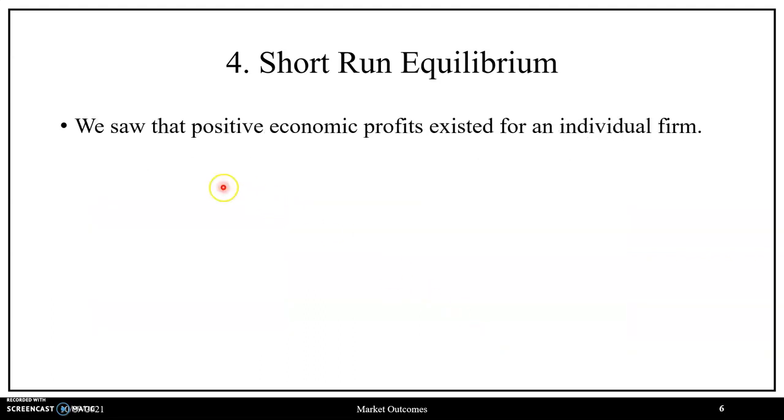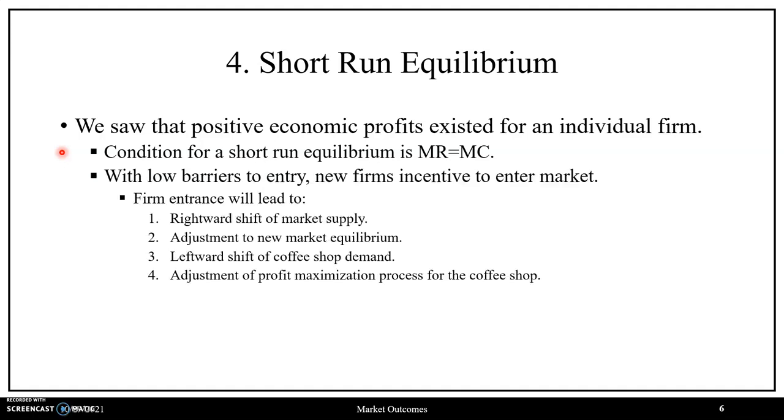So then overall, with this market equilibrium in the short run, we saw that positive economic profits exist for individual coffee shops, and the condition that satisfied the short-run equilibrium was marginal revenue equal to marginal cost, or our profit maximization rule, where since positive economic profits exist in the short-run equilibrium for the iced coffee industry and low barriers to entry occur in this market, new firms have incentives to enter the market, just as we saw